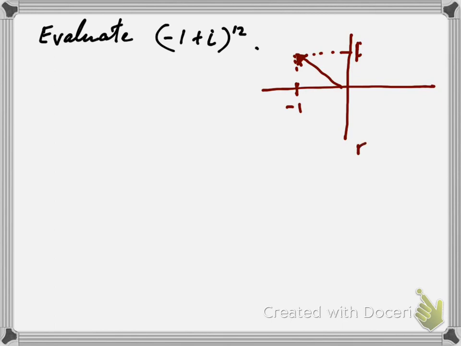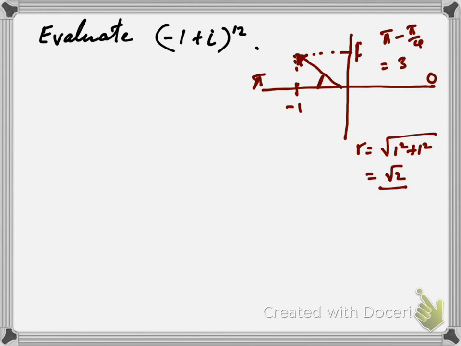the modulus would be square root of 1 squared plus 1 squared, which will give you square root of 2. To find the angle, it's a bit tricky. You can see it's 1, 1, so this will be 45 degrees, which is pi over 4. So you can use any means that you have to reason it out. I will just go, this is pi, all the way from 0, that way. I'll just go pi minus pi over 4, which will give me 3 pi over 4, which is 135 degrees,